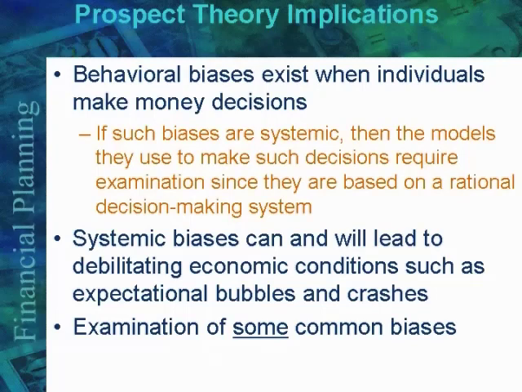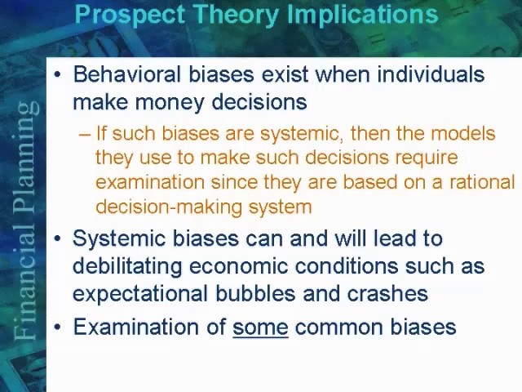from these expectational bubbles and crashes. Bubbles are a perfect example of a systemic bias in the investing population. If everyone behaves the same way, you're going to get bubbles. If everyone thinks that house prices will keep rising forever, that they'll never come down, you're going to get a real estate bubble. Same with dot-com and so on. Those are bubbles. Bubbles and crashes are very destructive for a capital market economy because of rational allocation and so on. I won't go into that today. But they are very destructive because they impede the production of wealth in the way that capital markets are supposed to.